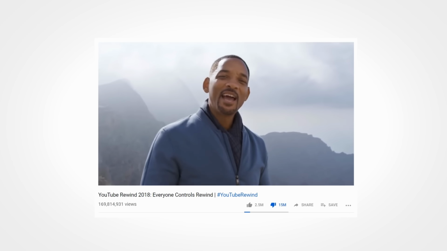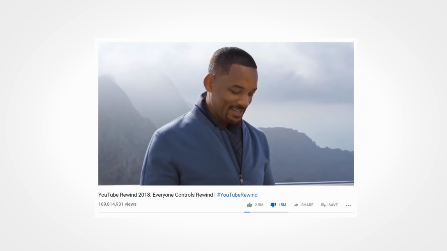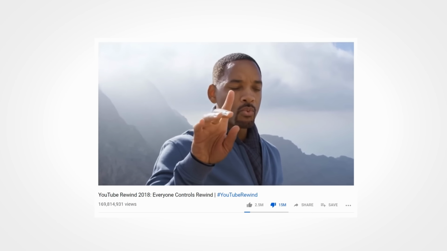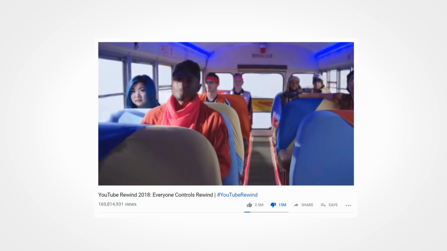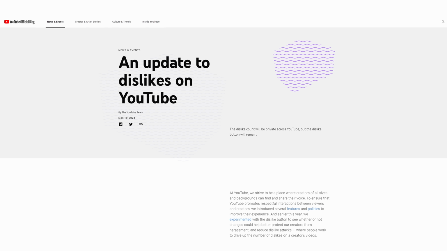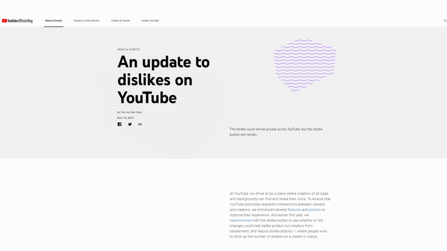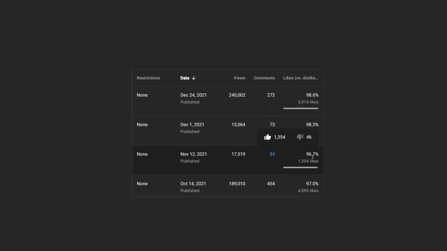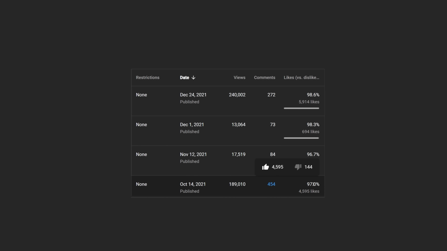However, not too long after their 2018 Rewind fiasco, YouTube started hinting at the possibility of them actually removing the dislike button from videos, a controversial idea that was effectively realized in 2021. Granted, the dislike button is technically still there, although it mostly serves as sort of an old man yells at cloud option, as it is not accompanied with a publicly viewable count. Even though dislikes are still counted in the backend and are visible to uploaders in the YouTube Creator Studio, for viewers, they quite literally serve no purpose.